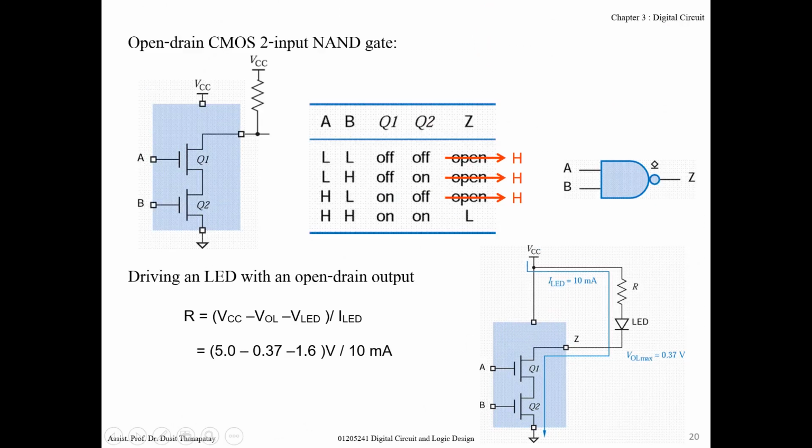For this example, when the LED is turned on, the voltage across the LED is 1.6 volt, and if this transistor is on, the voltage across this one, or the output value, is